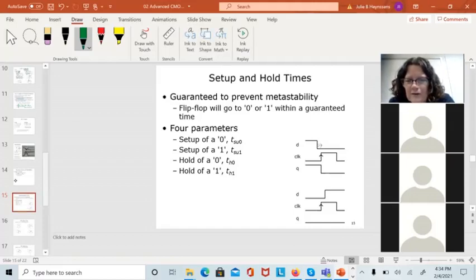Did it catch the change to 0? We have to look at the output. The output went to 0, so it caught it. So that time right there would probably be greater than T setup, because it caught the change. If the change happened long enough afterwards, in this case, this change happened long enough afterwards that it didn't affect the input, then this time would be